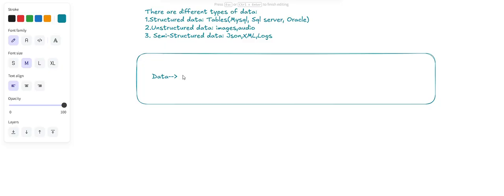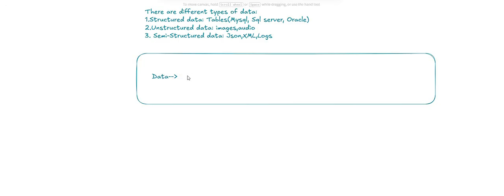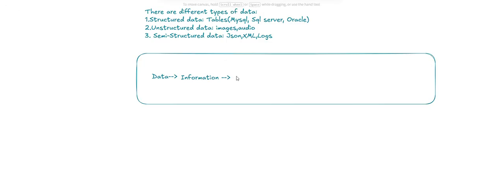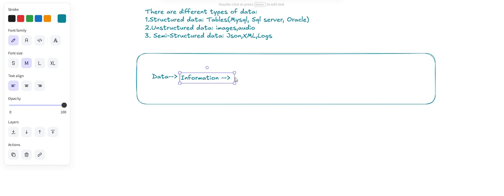After the processing of data, what we get is information. After this information has been collected, we store it in the form of records. The records are nothing but a collection of information.